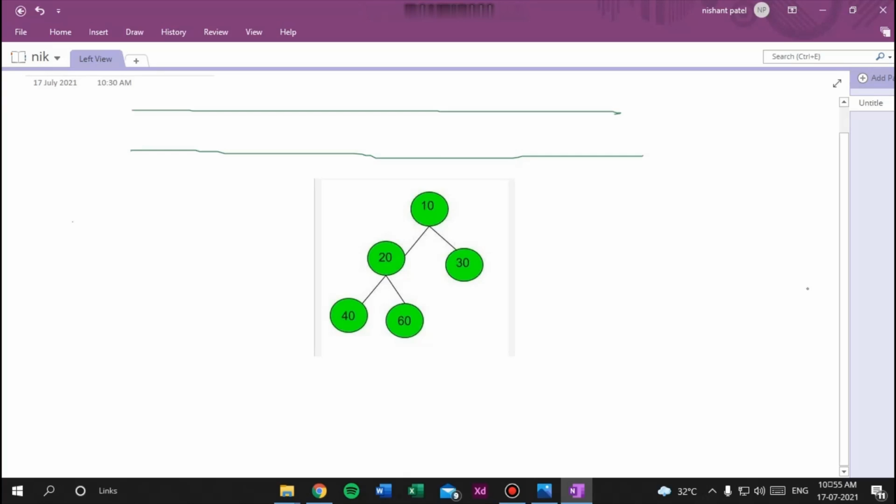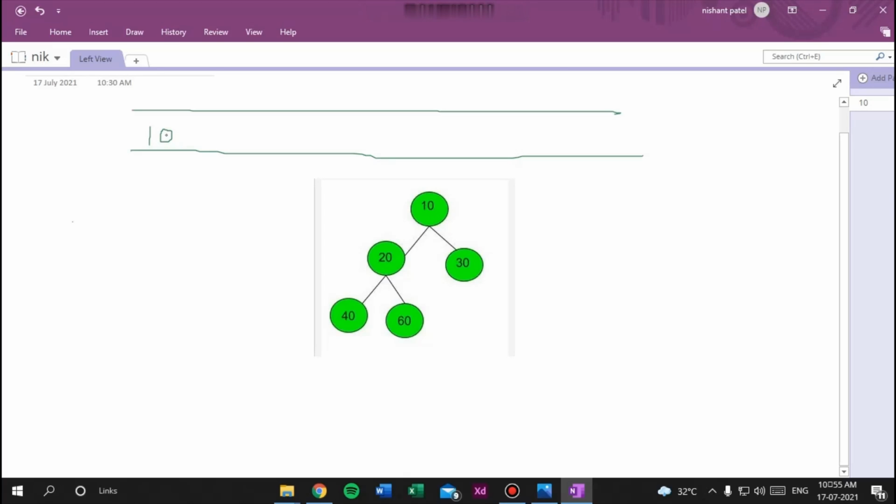Okay, so we know how to do level order traversal for the binary tree, right? I recently made a video on level order traversal, right? So you can watch this video, and yeah, come back after watching this video because this video is mandatory for this session, right? Yeah. So as I say, for level order traversal, what we'll do, we will simply put the root node in the queue, right?